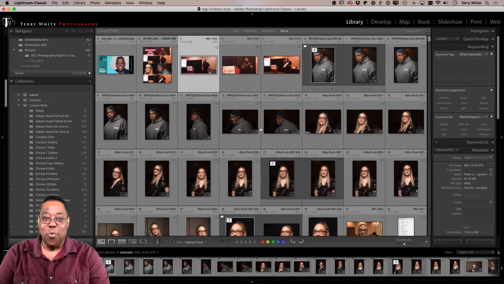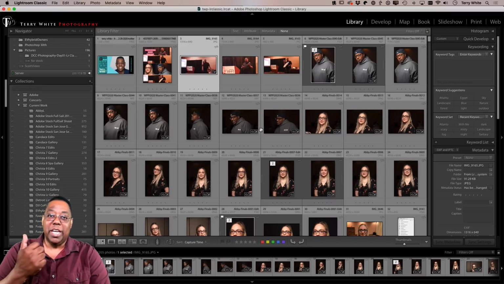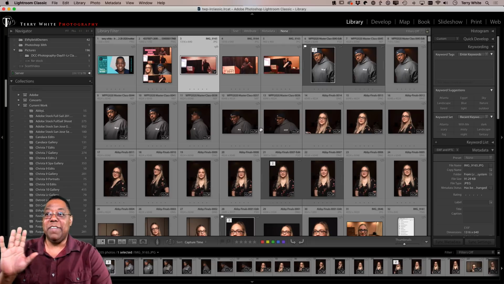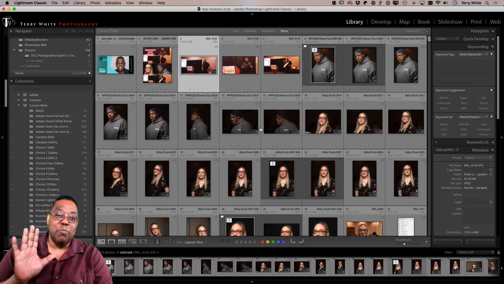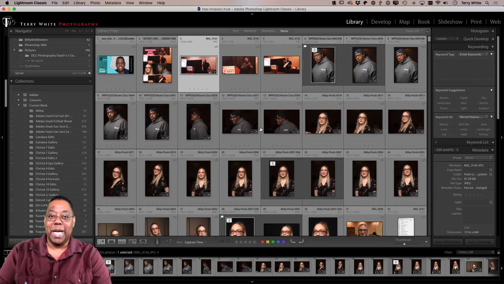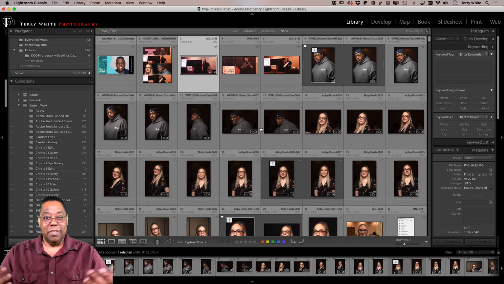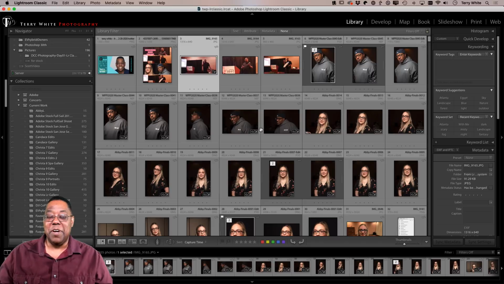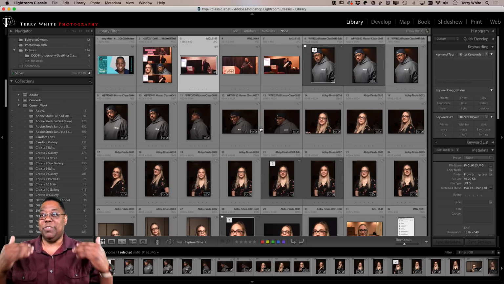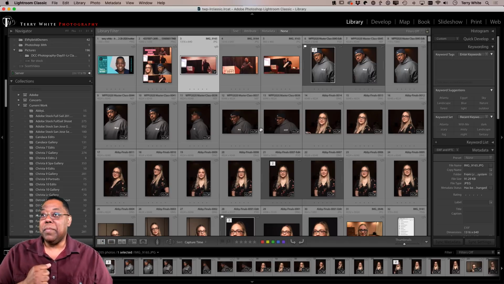So that was the whole reason why people wanted to do this, so they wouldn't be tied to a computer. They could do things on their phone, they could do things on their tablet, and even if they did, it would replicate or sync back to the desktop as quickly as your internet connection will allow. The photo's already synced, it doesn't have to sync the photo anymore, it just syncs what you've done to it. All right,